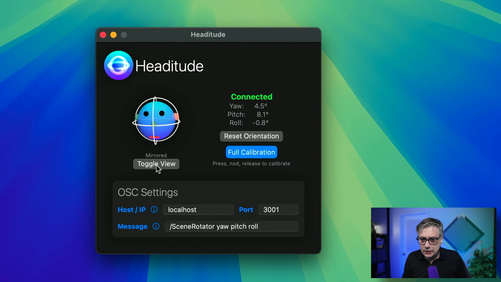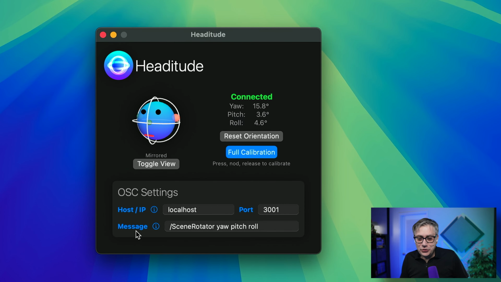So let's look at the OSC or Open Sound Control settings, because that is actually really, really nice by itself. The way this is implemented is relatively unique and extremely flexible, and it will allow us to do certain things that we can't do with other head tracking applications. So let's have a look. Now, first, let me toggle that back. I like to watch this little sphere thingy. I think it looks really, really nice.